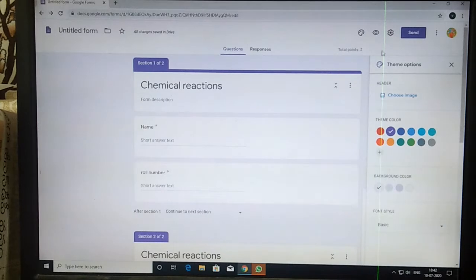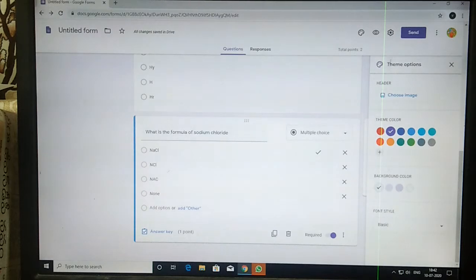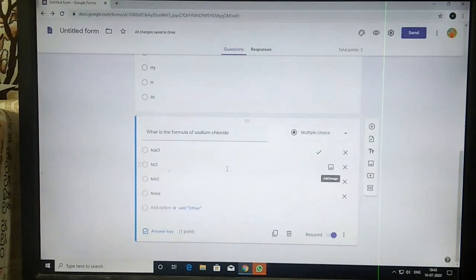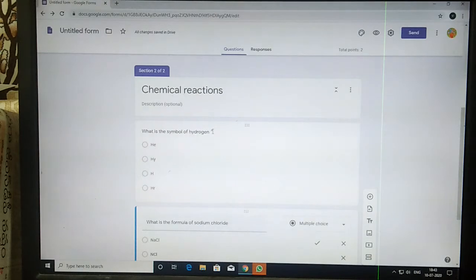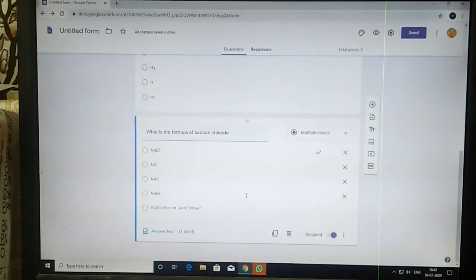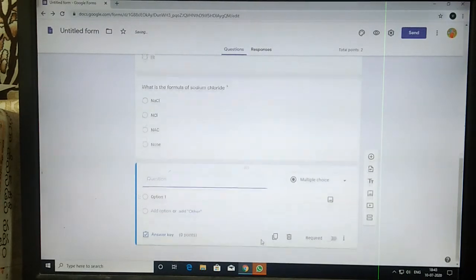Now what we'll do is we want to enter some image. I want to give some other question here. Let's close this one also. Now just to see here, I want to give some image for some question. What I'll do is I'll click on this plus symbol.